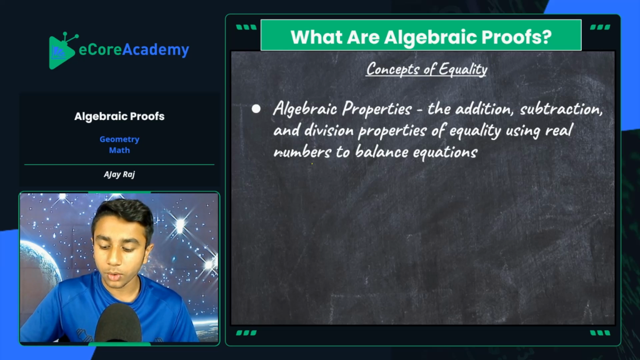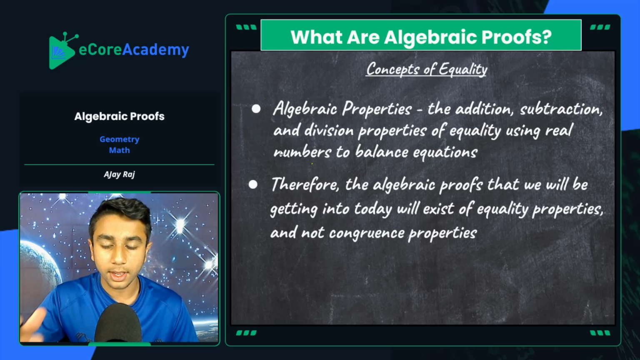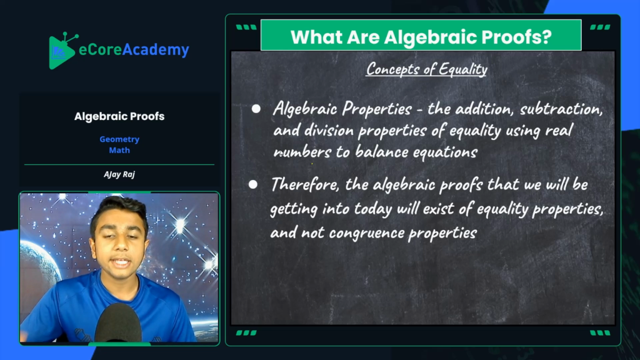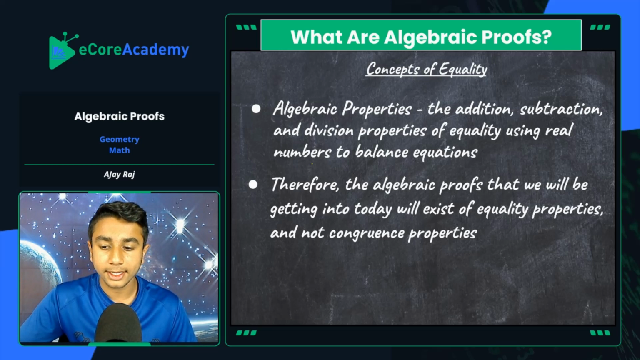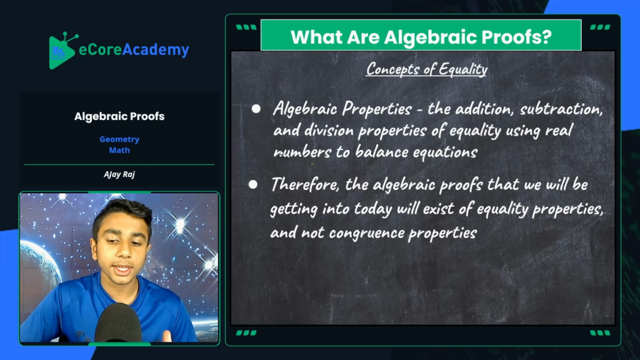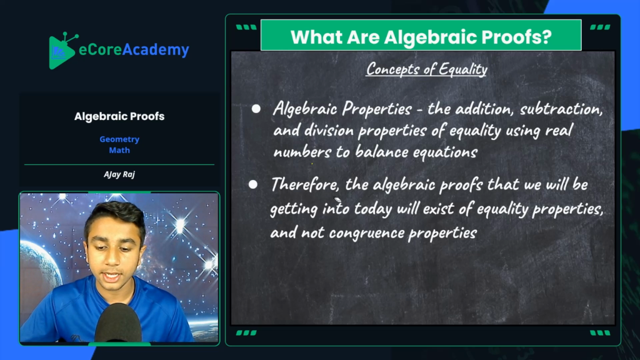In algebra, the whole essence and goal of algebraic equations, which you were expected to know coming into geometry, is to balance an entire equation. Therefore, the algebraic proofs that we will be getting into today will consist of equality properties and not congruence properties. So when you're looking at an algebra equation, say for example it has a variable on one side,